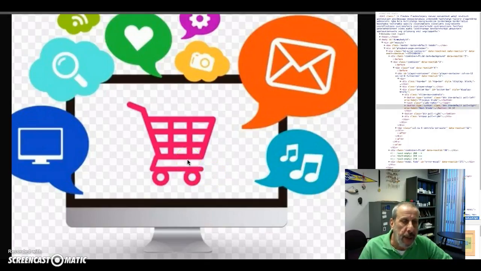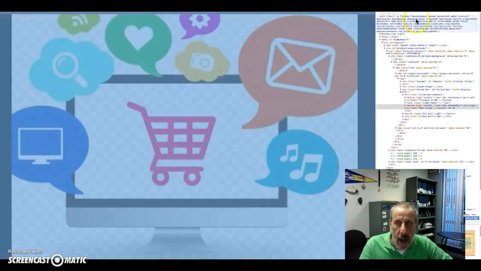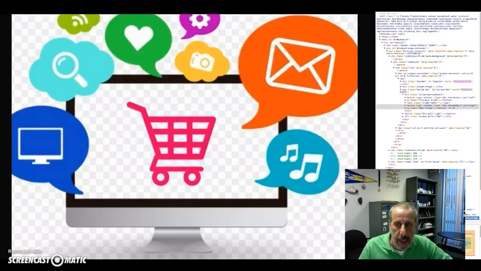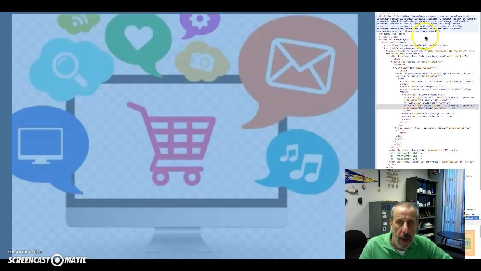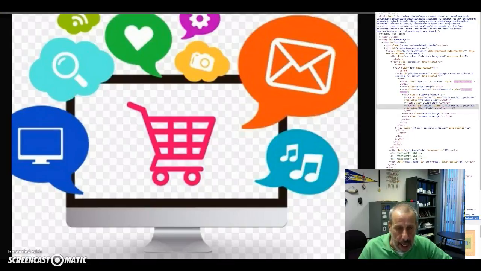And so you're really only limited by your imagination when it comes to what you can do with knowledge of coding. And you can see all the different elements that go into coding here on this page as an example.